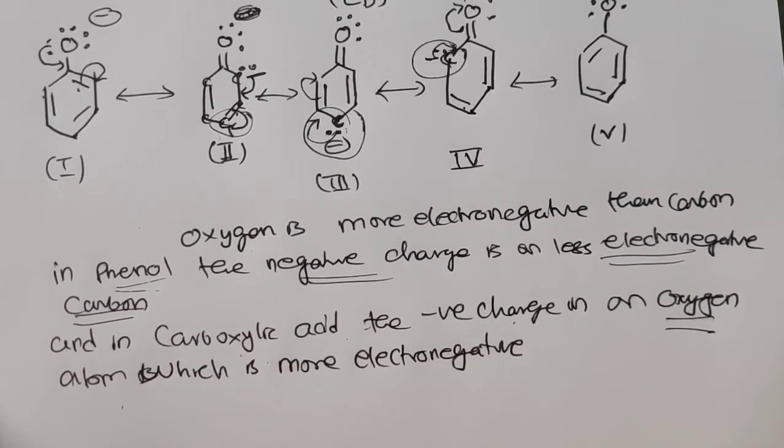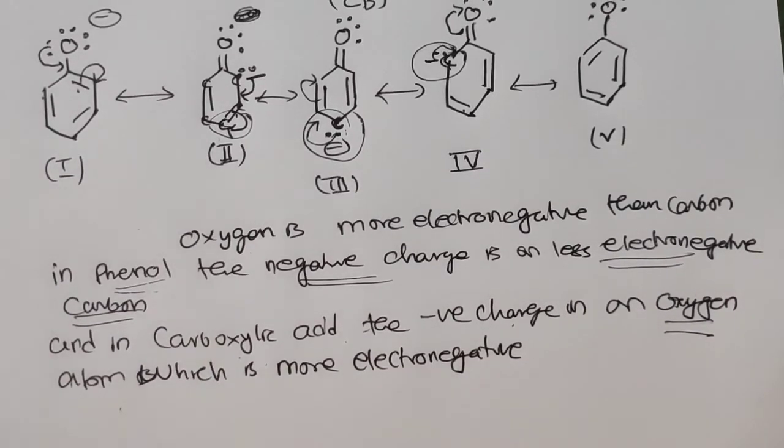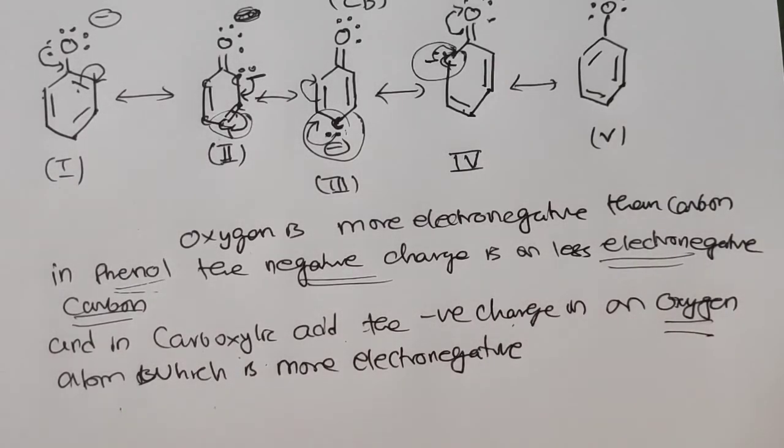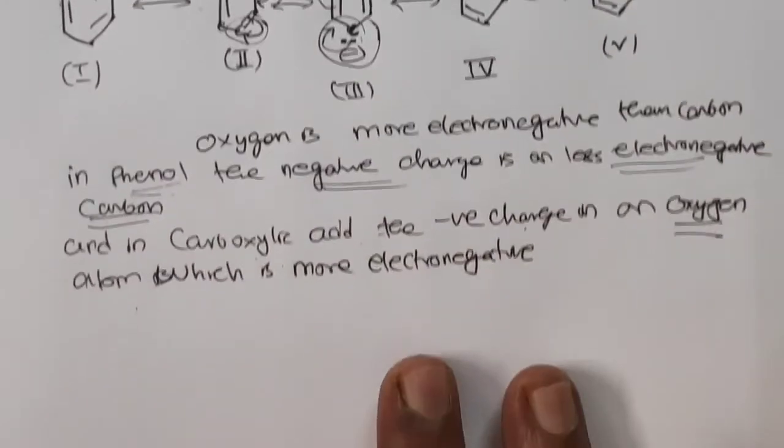Understood this part? This is the reason why carboxylic acids are more acidic than phenol. So that is the part given in your textbook. Understood? So this was the explanation. Now the next topic, the effect of substituent on the acidity of carboxylic acid. What is the next topic? Effect of substituent, that we are going to discuss.